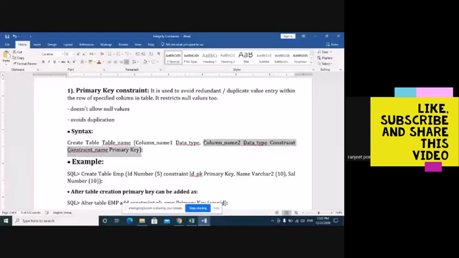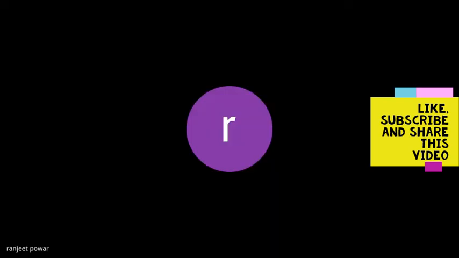This is the syntax: create table, table name, column name, data type, size defined, then the constraint keyword, the same way we have imported the check constraint.